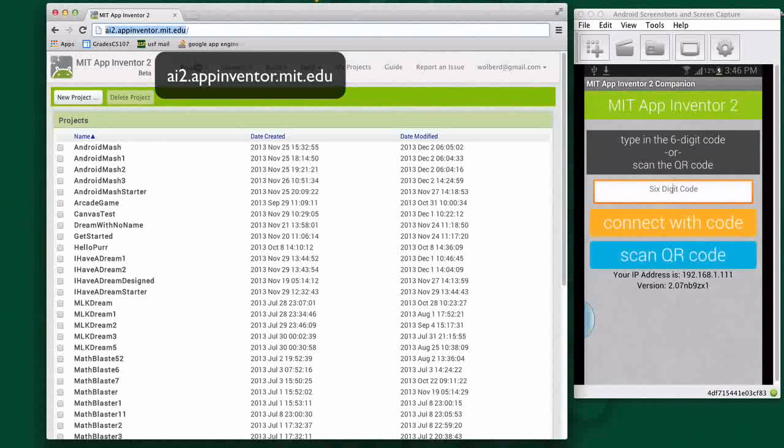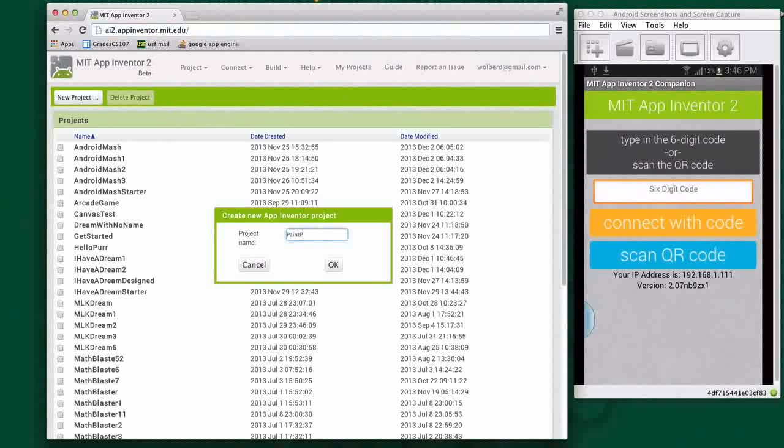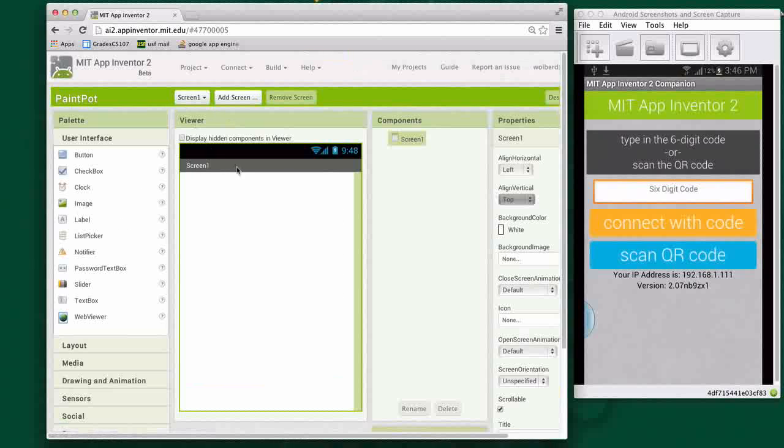ai2.appinventor.mit.edu, and this is the new App Inventor 2. Go to Project, click New, and then I'm going to name my project PaintPot. All right, so this is going to open up the App Inventor Designer where you build your user interface. Now, the first thing I typically do is